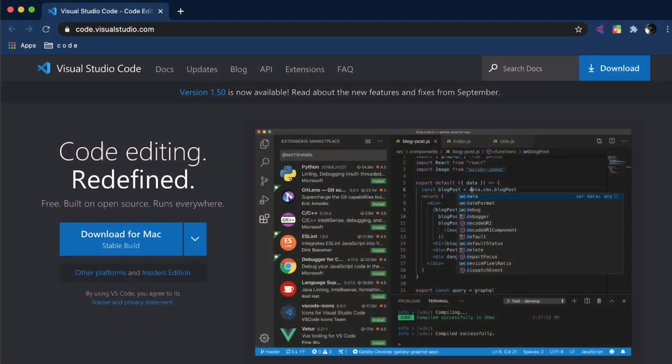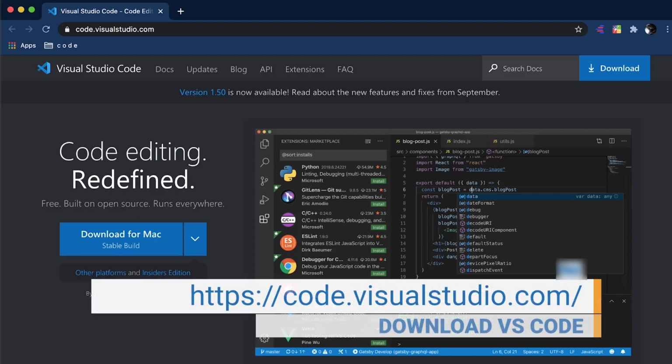VS Code is an integrated development environment, which means that it's a software application that gives us, the developers, a place to build applications. There are a lot of different IDEs out there, such as Sublime Text and Atom, but VS Code's popularity in recent years has launched them to the front of the pack, and for good reason. Right out of the box, there are some amazing features that are powerful not only for beginners, but for seasoned developers as well. So, if you haven't already, pause the video to download and install VS Code and meet me